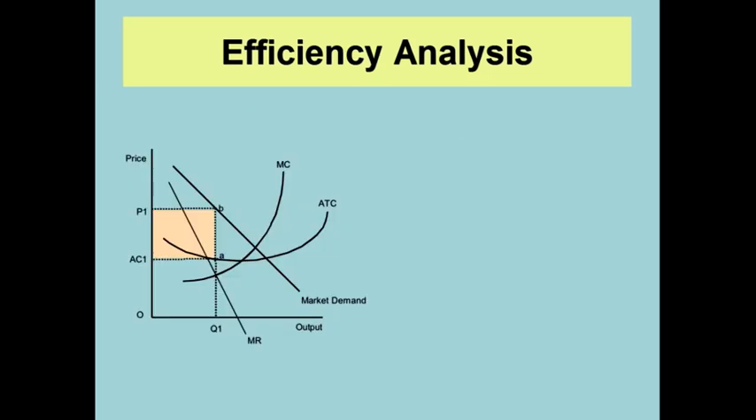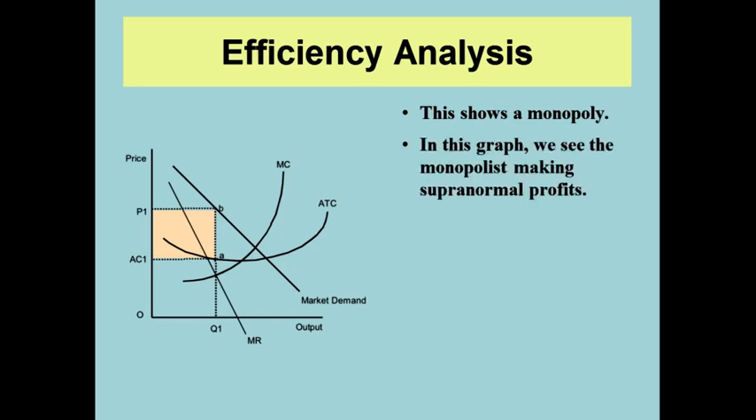But what about a monopolist? So the graph on the left shows a monopoly. And in this graph right here, we see the monopolist making supernormal profits, right? We're making supernormal profits. You see the supernormal profits in that light tan color. Well, don't forget,